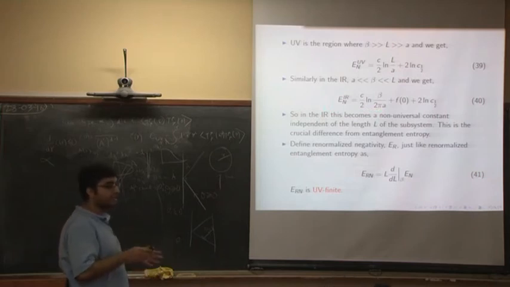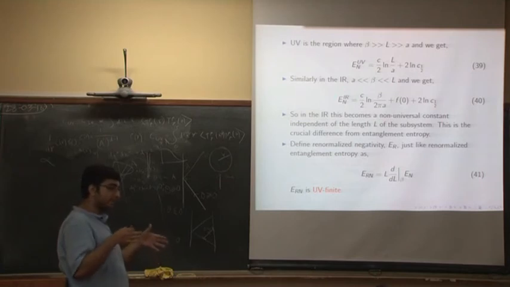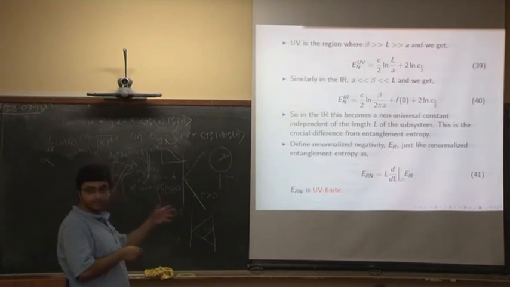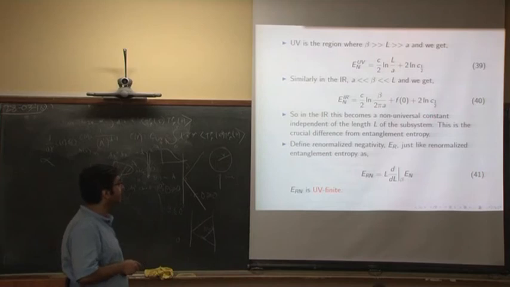So at a high temperature, this logarithmic entanglement negativity becomes independent of the size of the subsystem, which is the principal difference from the entanglement entropy, because entanglement entropy reduces to the thermal entropy, which is a function of L. I mean, which is extensive in L. So now